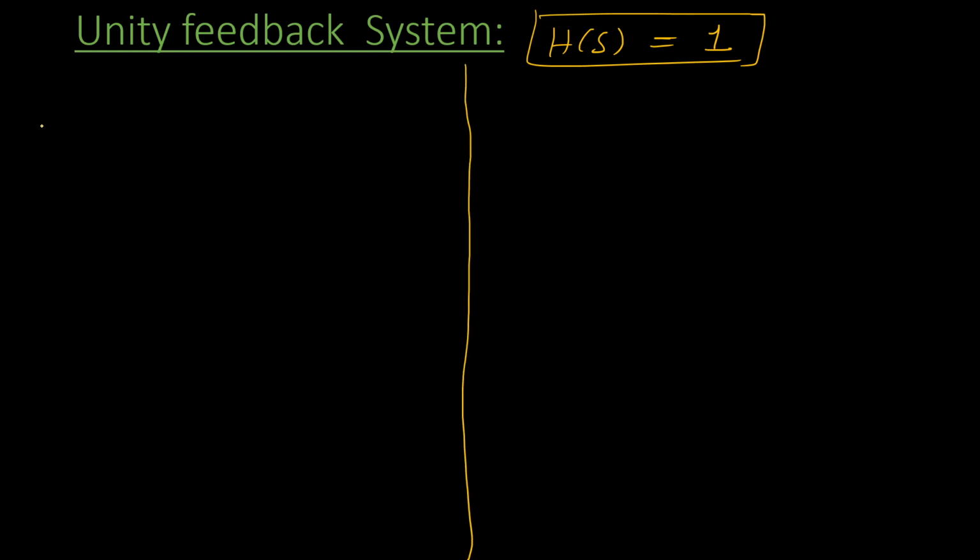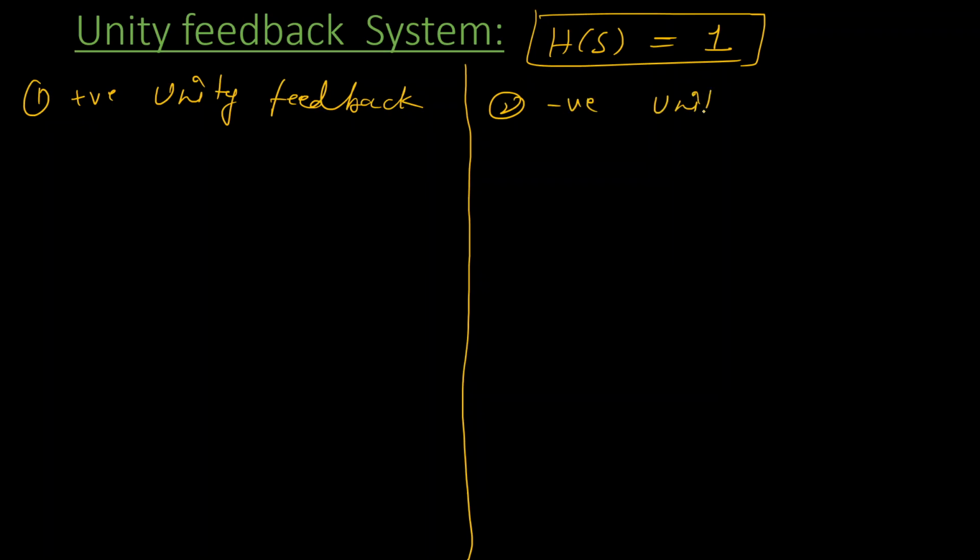Now we are going to cover the unity feedback system. As the name says, in case of unity feedback, the value of feedback, meaning HS, will be unity. So the unity feedback system also has two types. Number one is positive unity feedback, and number two is negative unity feedback. So in case of negative unity feedback,